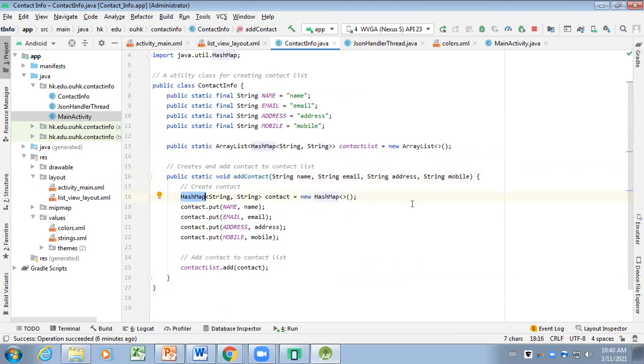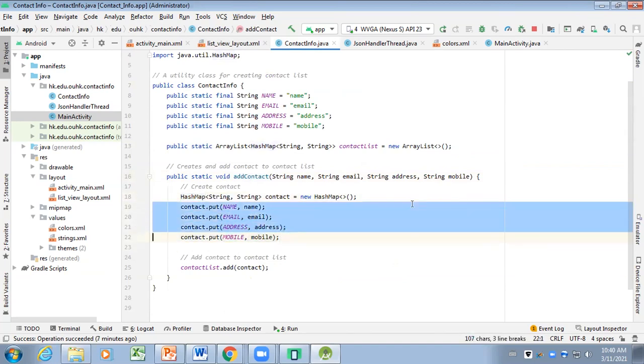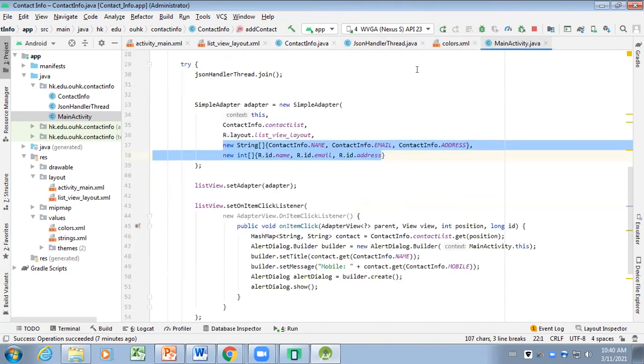It just helps you to provide the data that can be used in the adapter to map the data to